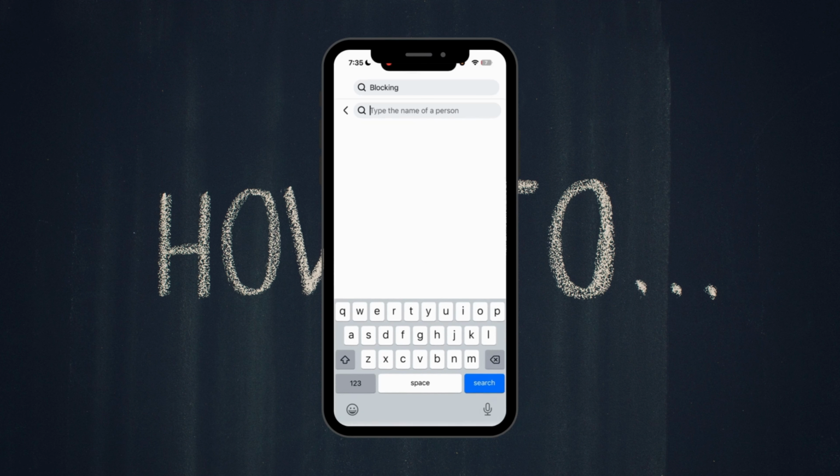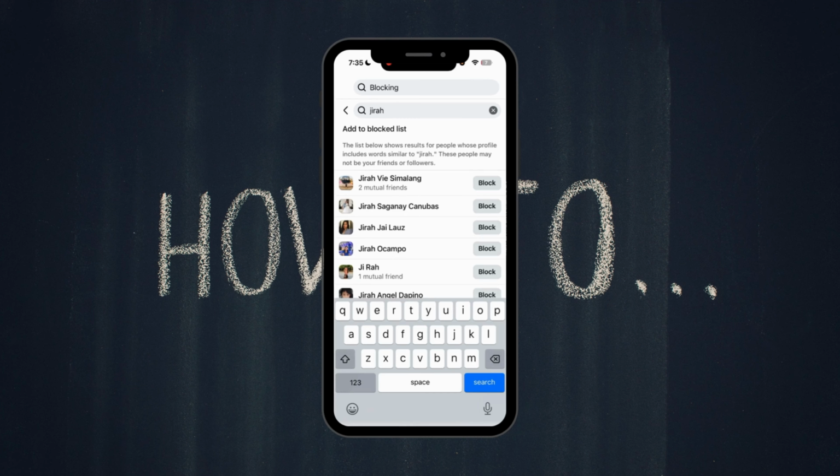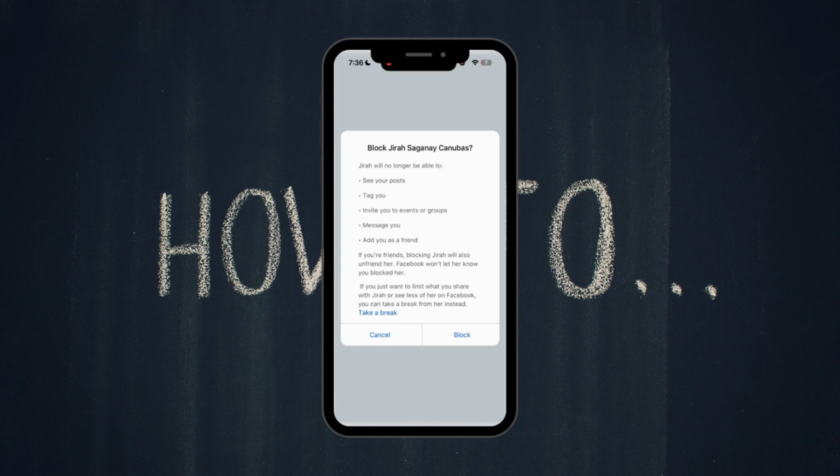Then click add to block list. Then type the name of the person that you want to block. So once you find them, click block beside their name and confirm by clicking block again, and that person will